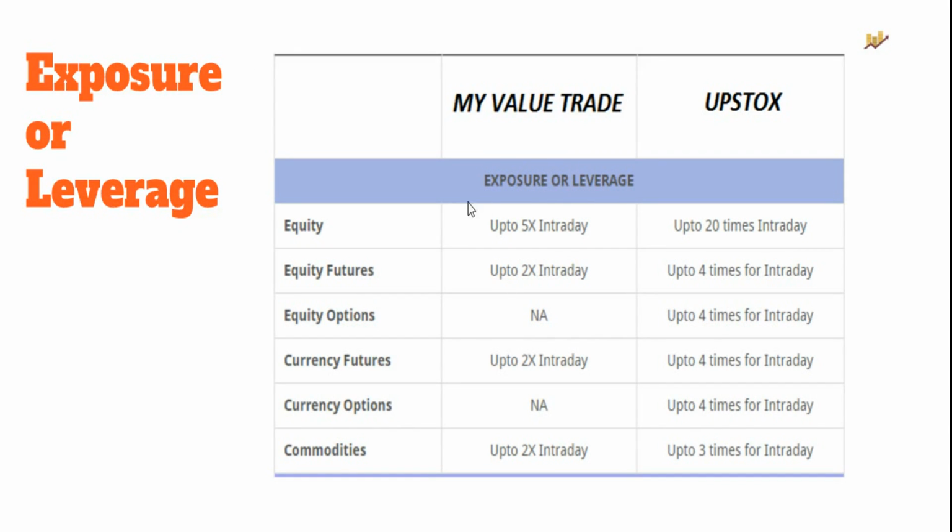That value can go up as high as 50,000, because in case of My Value Trade, exposure can go up to 5 times. In other segments, Upstox gives you consistent exposure. It's not so bad, actually it's decently done, but My Value Trade in a sense disappoints you because there's not much of a value there. So if exposure is one of your expectations from your stockbrokers, between these two, Upstox does a better